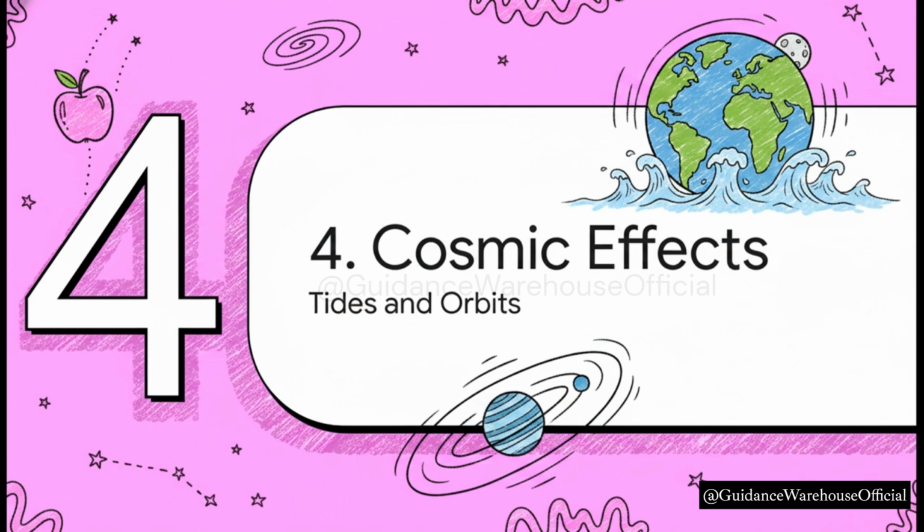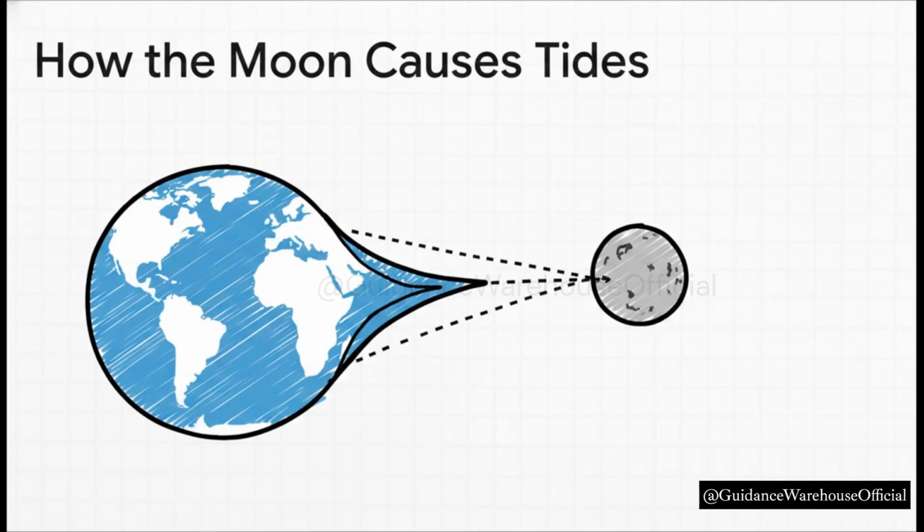Now let's zoom back out and see how this very same equation explains the massive rhythmic sloshing of our planet's oceans. So the most obvious effect of another body's gravity on us, here on Earth, is the ocean tides. The moon is super close, so it exerts a pretty strong gravitational pull on our planet. And since water is a fluid, it kind of piles up into a bulge on the side of the Earth that's facing the moon. That's our high tide.